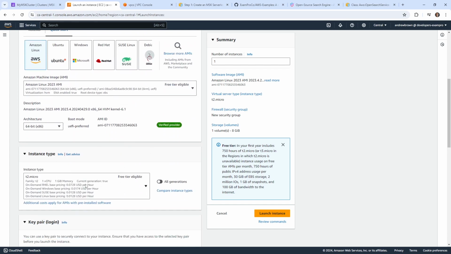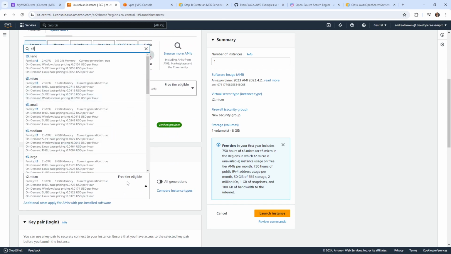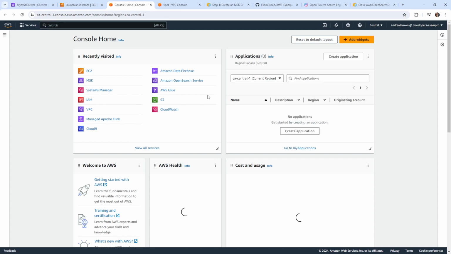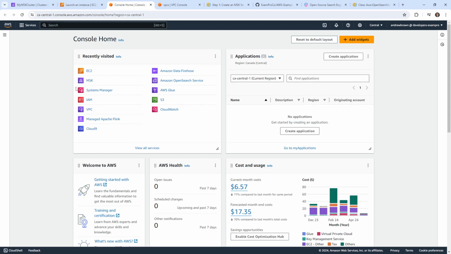And before we actually create this, I'm going to switch this over to a T3 micro. But before we create this, we'll need to have ourselves an IAM role for our EC2 instance. Now, normally I just use the SSM role, but we need to grant our EC2 instance the ability to interact with the cluster. So what I'm going to do is go over to IAM,